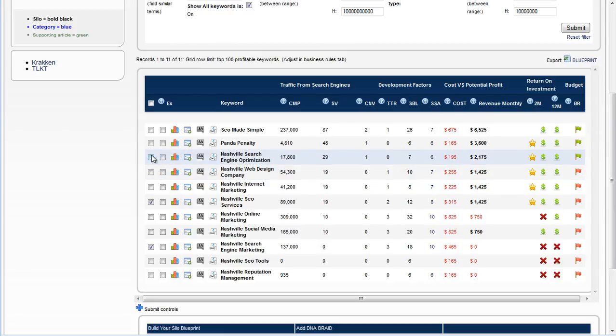Search engine optimization. And I might bring this Panda Penalty in here, even though it's not Nashville oriented. All right, so search engine marketing, SEO services, search engine optimization. This is the idea of, it's like pay-per-click, right? Search engine marketing as opposed to search engine optimization, which is natural traffic, and Panda Penalty.